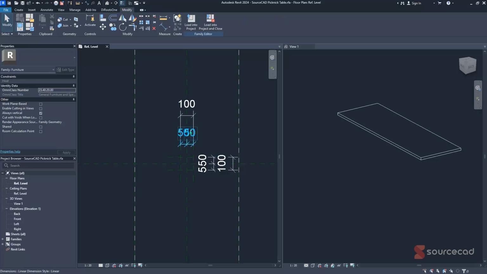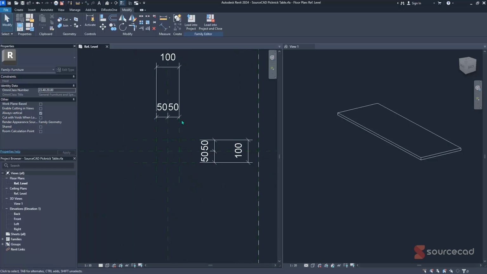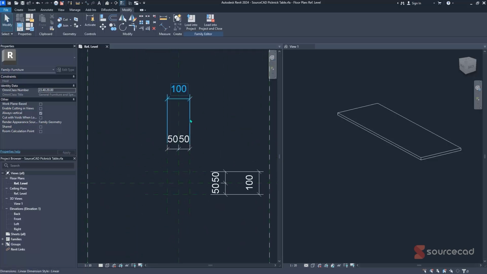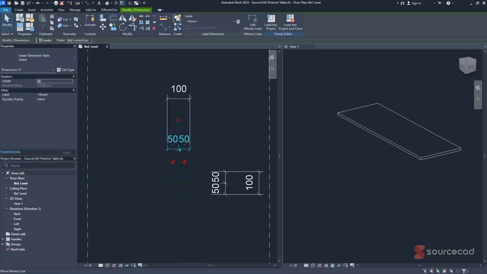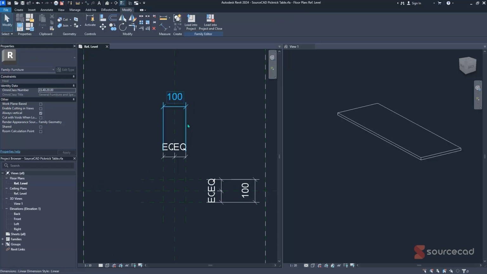So right now all our dimensions are kind of jumbled up. Let's just increase the scale or reduce our scale so that everything looks clean and nice, just something like so. So now let's come up with our properties. So for this one, I'll hit on equal distance, the same with this, equal distance, and now let's give this